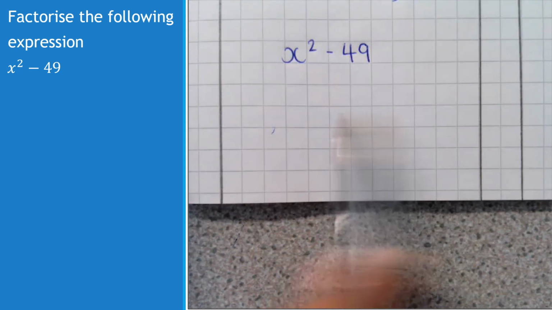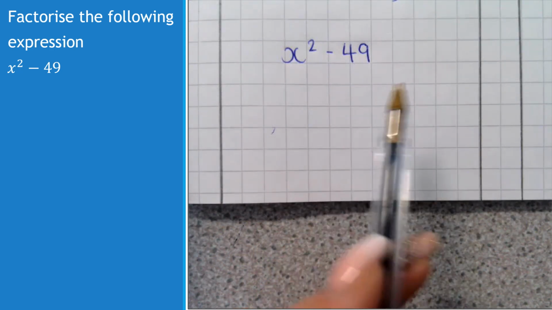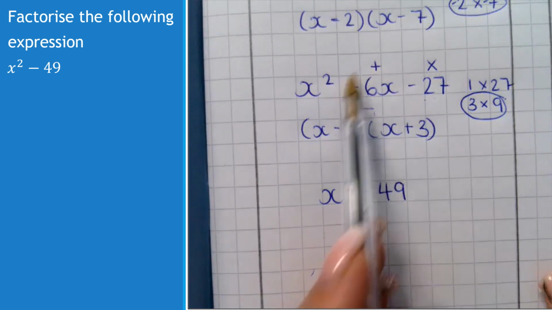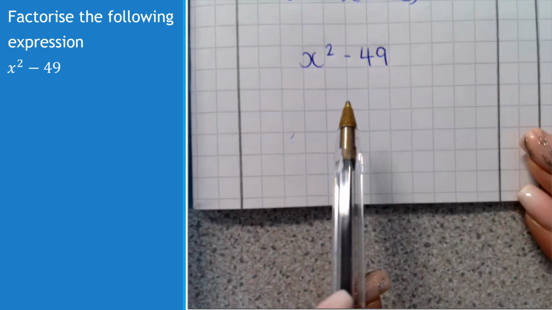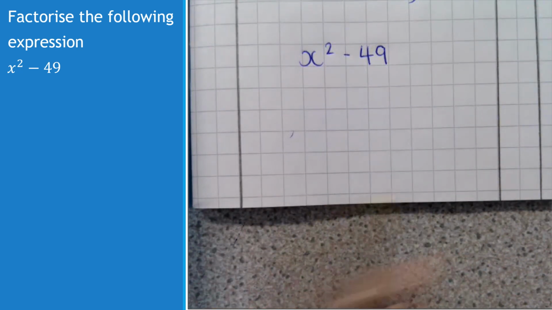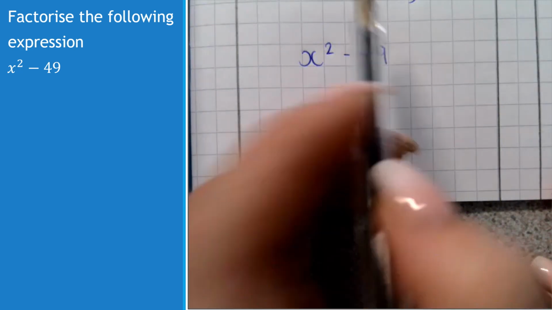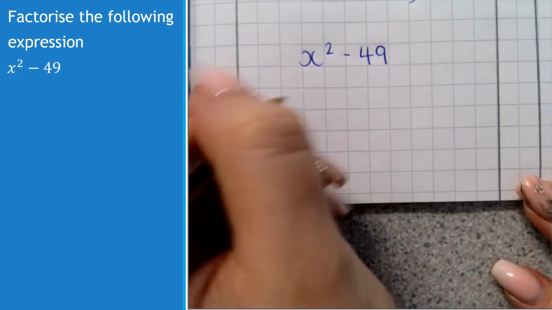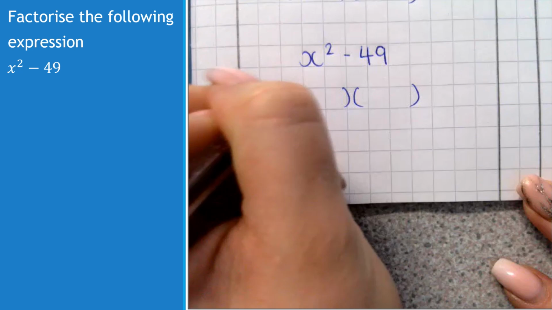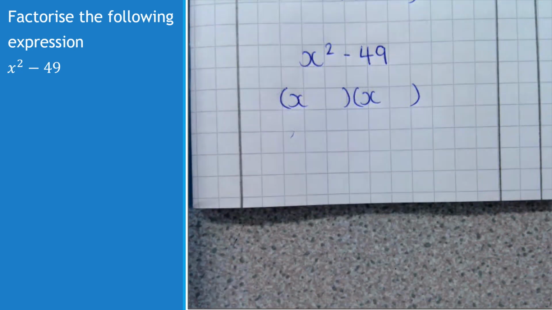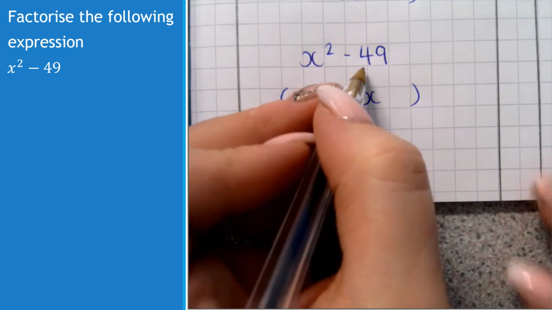So when we get our factorised form, when we expand them out, the constant term, so if we go back to this example, this bit in the middle, the constant term disappears because you've got one positive and one negative. They will cancel each other out to give us 0. But we're left with x squared. So to get x squared, you need to do x and x. They will multiply to give you x squared. To get -49,